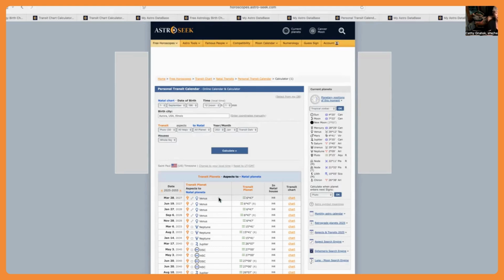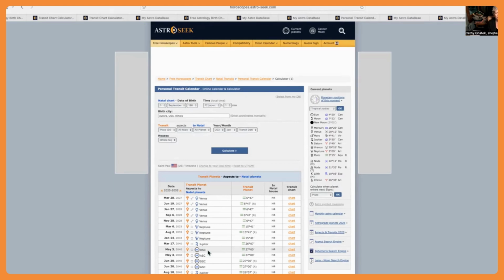I might have a bit of transformation over that period of time. So there we see Pluto opposite Venus, and then it's going to hit some outer planets. These are important transits, but we might not feel them as much on a personal level. And then Pluto later is going to hit my